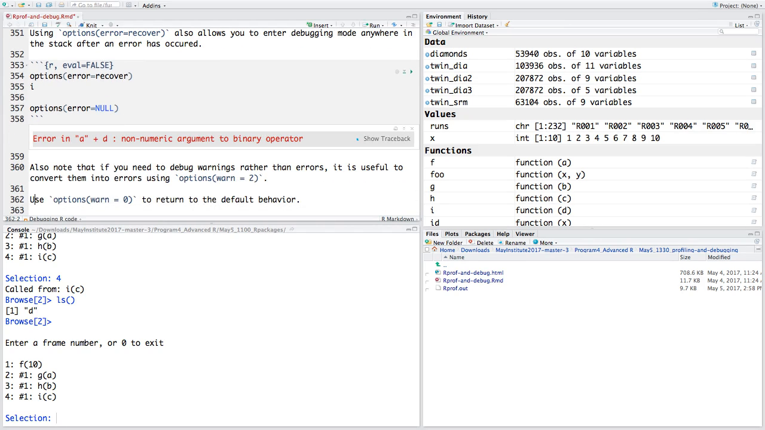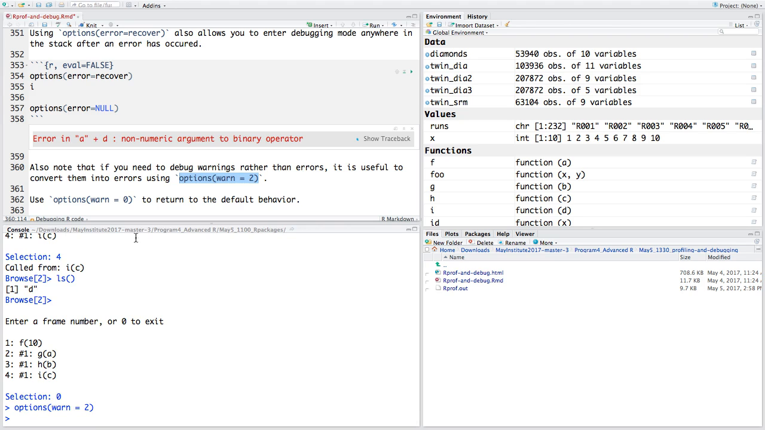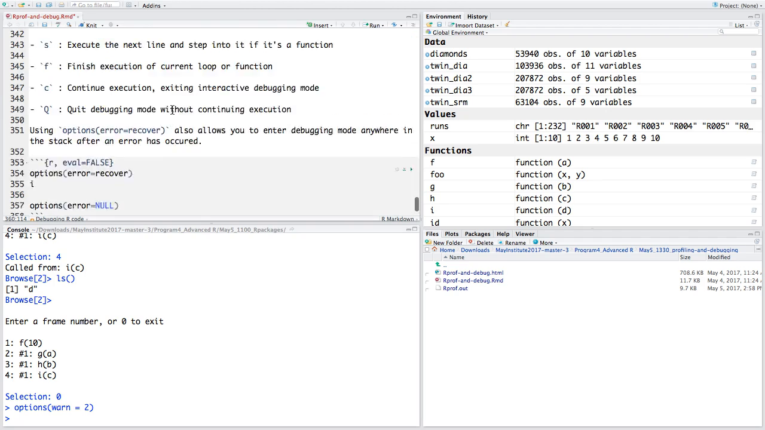Another useful thing is sometimes you get warnings and you're not sure why the warnings happened. And so a simple way of debugging warnings is to use options warn equals 2. That converts warnings into errors, so you can actually use options error equals recover and things like that on warnings. So let's see. If I do options warn equals 2, and if I try to think of something that'll generate a warning,